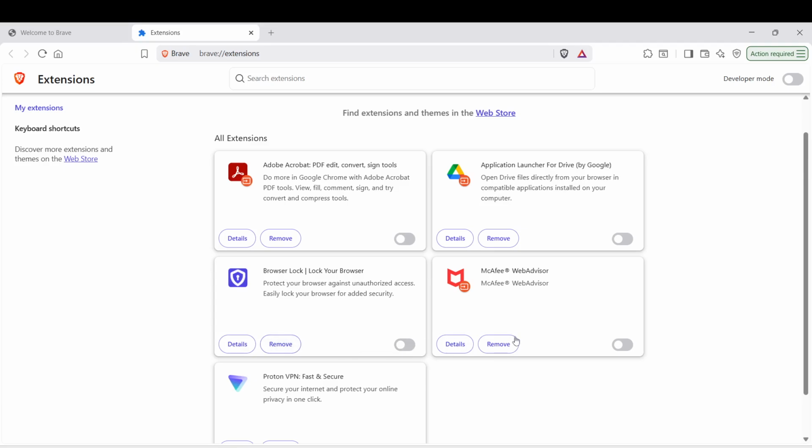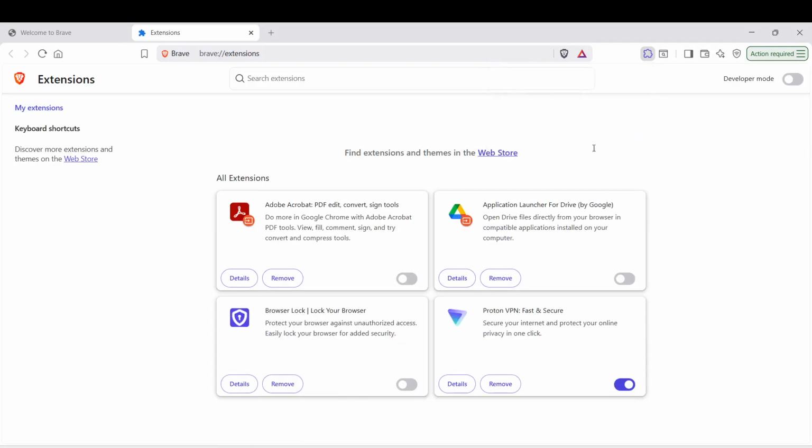Finally, keep in mind that regularly reviewing your extensions is a good practice. This ensures that only useful and secure extensions remain active. It helps keep your browser performing at its best and guards your data privacy.